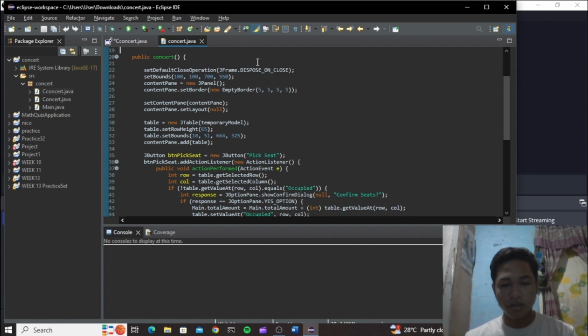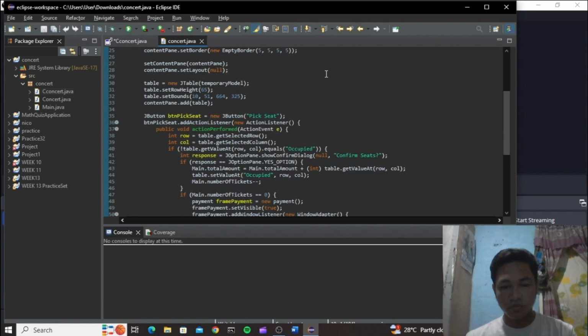Upon confirmation, the seat's status is updated to occupied, the ticket's price is added to the total amount, and the number of available tickets is decremented. If all tickets are sold, the payment window is opened.